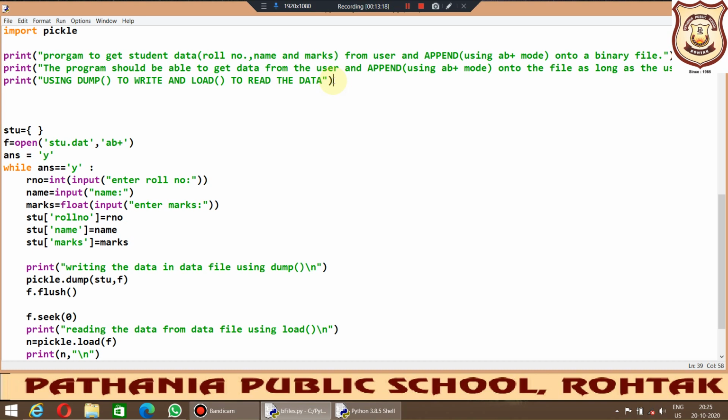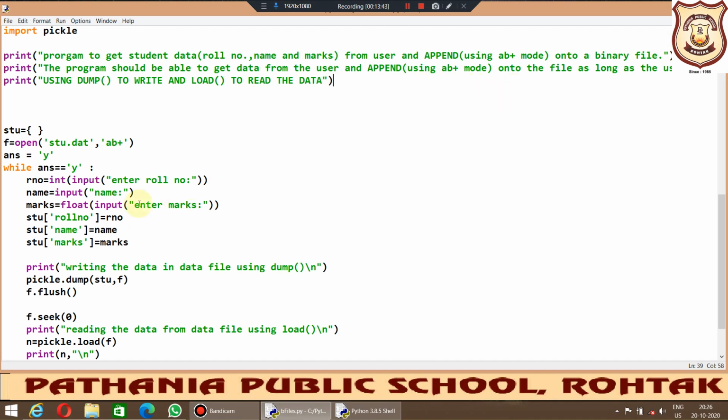When we are using write mode or read mode, the pointer will be at the very beginning of the file, but in append mode it will be here, because it has to retain the previous contents also, right? So the previous contents are retained here, and whatever new we are going to write will be written here further.